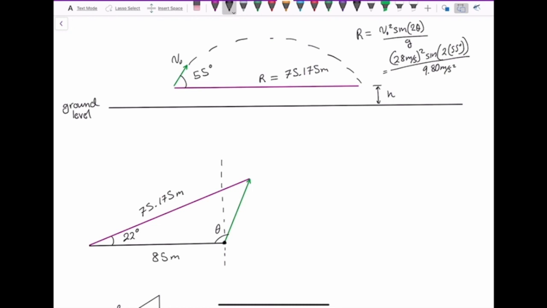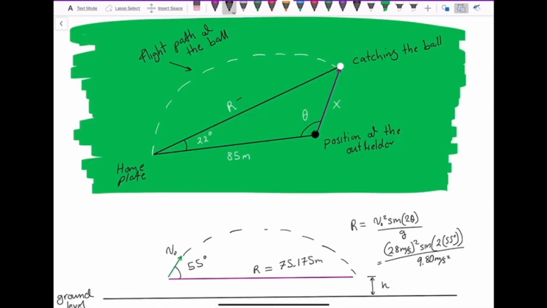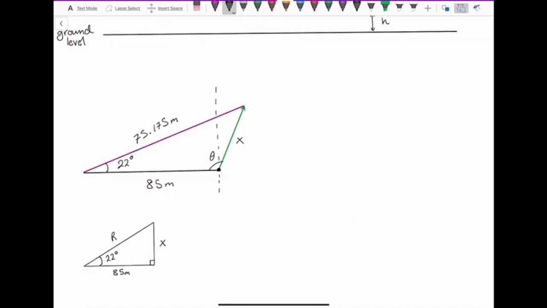So we need to solve for x. We have the range, which is 75.175 meters. So now let's solve for x. The leg x is the distance the outfielder must travel to catch the ball, right? So to find the length of that leg, we can use the law of cosines. X is the length we're going to solve for, so x squared equals,